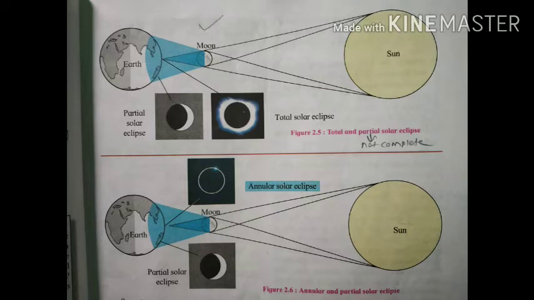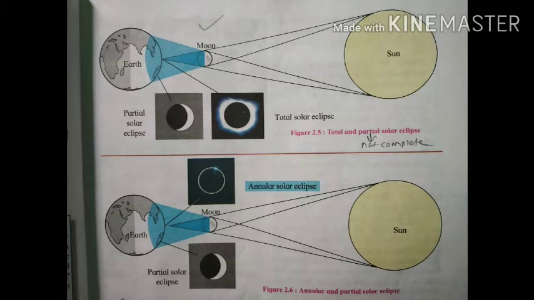This shadow is of two types. The center portion of the shadow is darker and the periphery is lighter. In the area of the dark shadow on the earth, the sun becomes completely invisible, meaning we are not able to see it. This condition is known as total solar eclipse. At the place where the shadow is lighter, the sun disk appears partially covered. This condition is described as a partial solar eclipse.